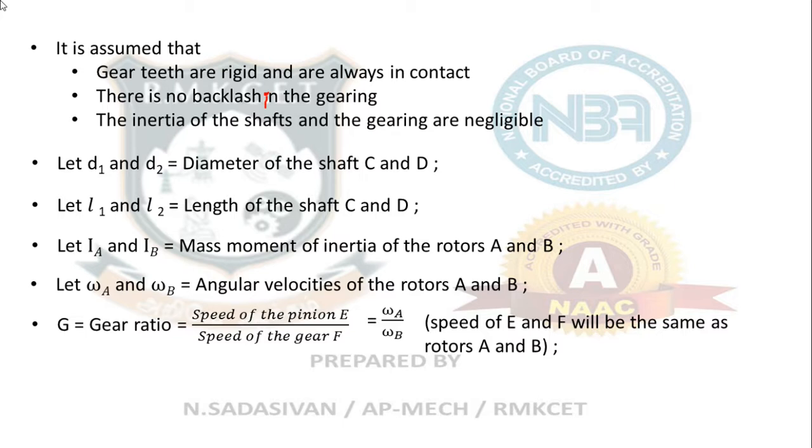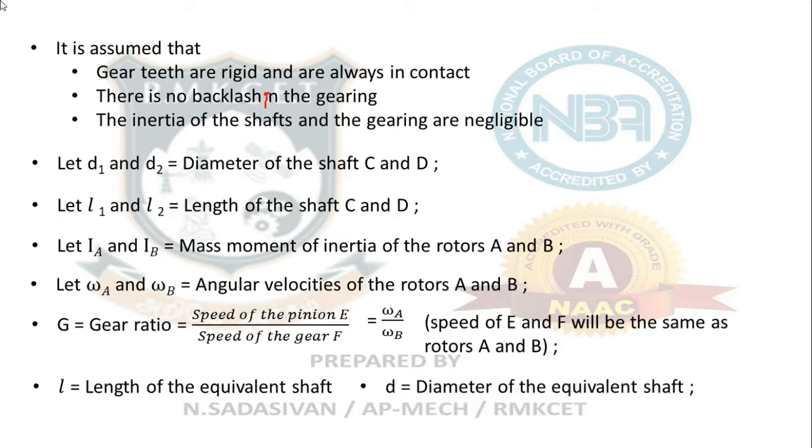So there is a shaft, on one end there is a rotor, on the other end there is a gear. Definitely on a single shaft, the rotor and the gear will travel at the same speed. So L equals the length of the equivalent shaft. I am replacing all these things, L1, L2, everything, into a single L. I am eliminating the gears, changing the rotor B into B dash, making the shaft a little bit longer or shorter depending on the requirement. All these things I am doing, and that new length of the equivalent shaft is called L. D is the diameter of the new mathematically equivalent shaft. This is a mathematical operation. We are not really replacing the shaft.